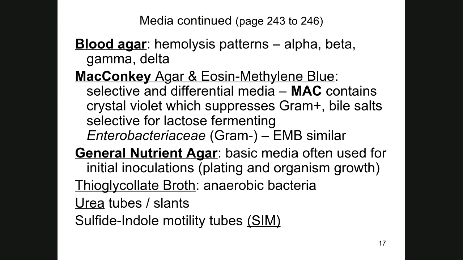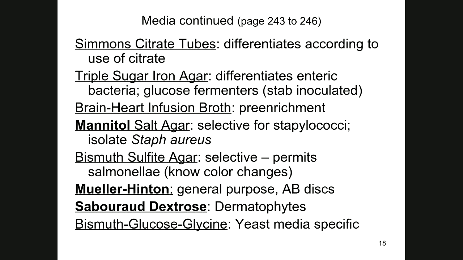The thioglycolate broth is for anaerobic bacteria. You won't really be using that, but you should understand it from the textbook. And again, urea tubes and slants, and what we call the SIM, sulfide indole motility tubes. They're really cool if you ever have an organism that grows in one of them. They leave little black trails. SIM. You also have Simmons citrate tubes, triple sugar iron agar, brain heart infusion broth,